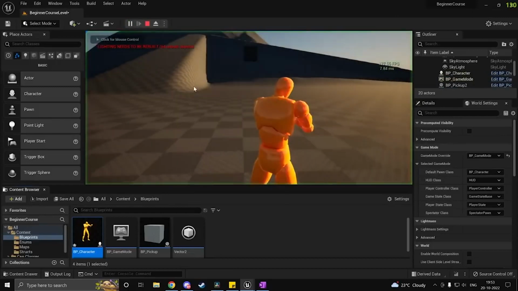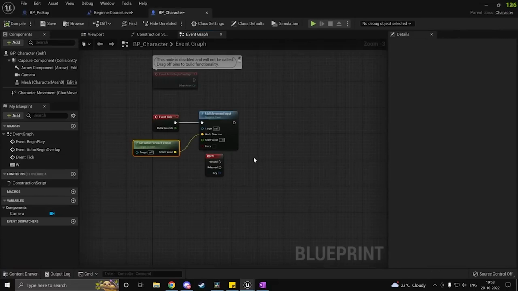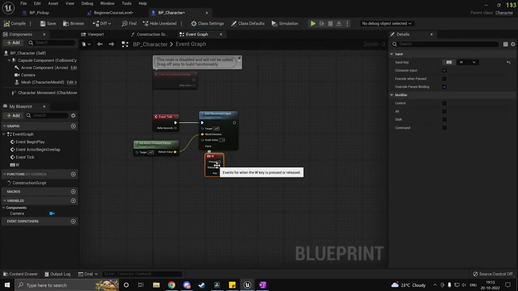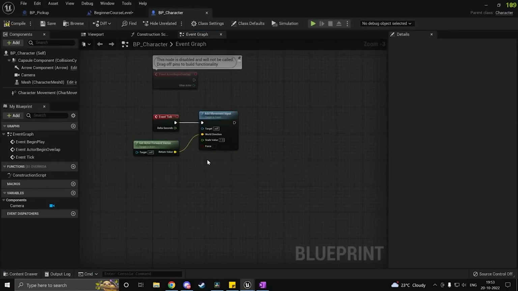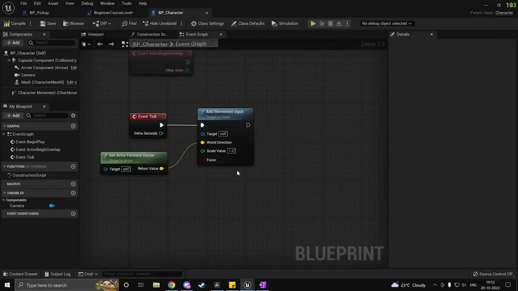If I do this, now we would see that our character is moving forward. Now the most obvious question is, how am I actually going to set this up? So there is something known as an axis mapping which runs every frame. Basically what add movement input does is it moves you a very slight amount, and by calling this multiple times in a single second, you are going to be adding